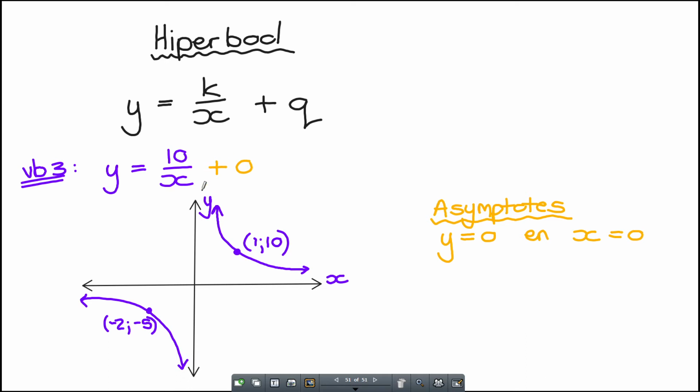So this k value is going to tell me what my one asymptote is. q in your previous graphs, at the parabola, what did q give us? q was the y-intercept. Okay. Now